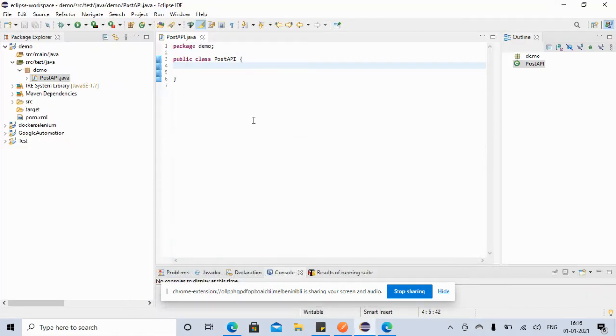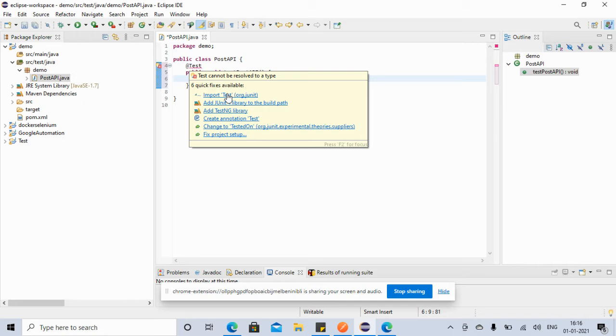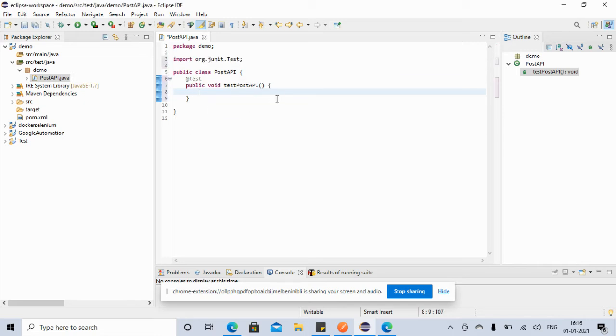So for now, we will use the @Test annotation, right? @Test. And the method name: public void testPostAPI. And if you go here, import this Test. Okay, now we are good here.